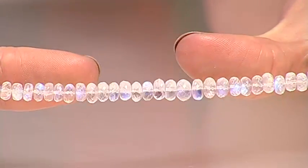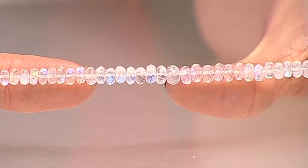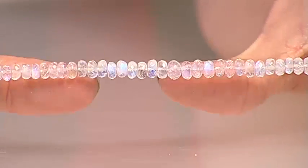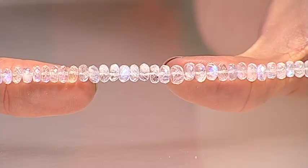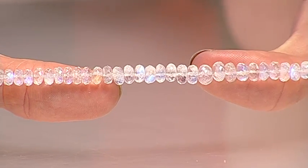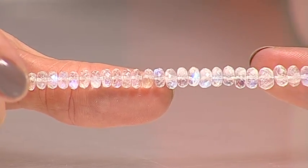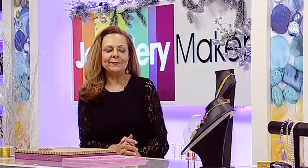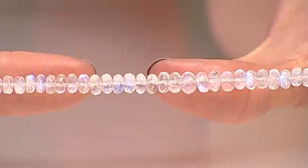You're getting 50 carats. I would say this is one of the highest quality strands of moonstone, rainbow moonstone. What do you think? Simply gorgeous, isn't it? And it's almost like a little kaleidoscope of colour when you were turning that. Sometimes on TV you can't get across how beautiful it is, and the colours that are radiating off it, but you really get it there, don't you? Oh, gorgeous. I think Sir Isaac Newton would be proud of that strand. Yes, he could tell us much more than I could try and explain it, but it is incredible, isn't it,